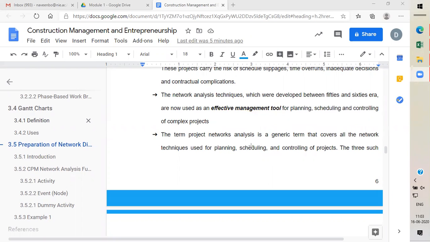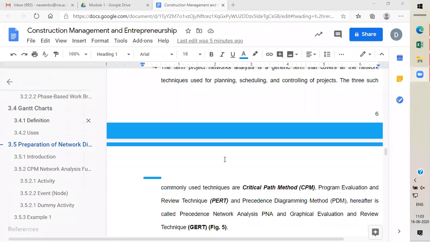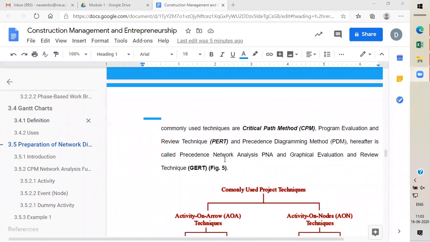One is the critical path method, CPM for short. The next one is the program evaluation and review technique. Third is the precedence diagram method, PDM, also called precedence network analysis, PNA. And the last one is the graphical evaluation and review technique.